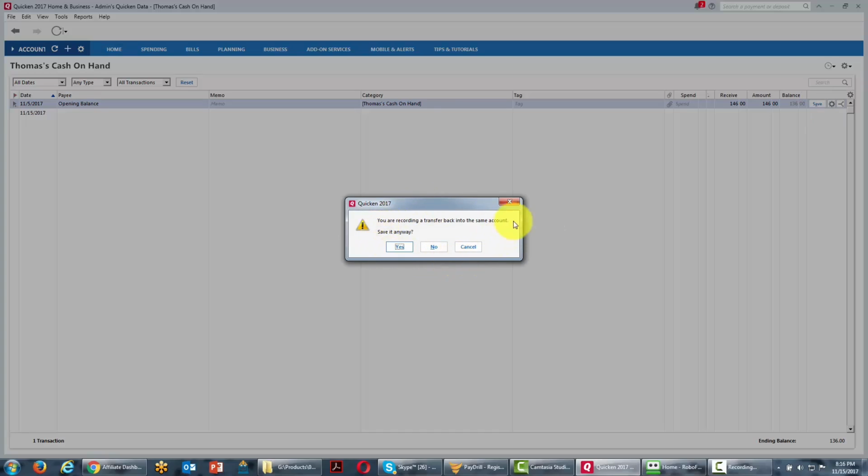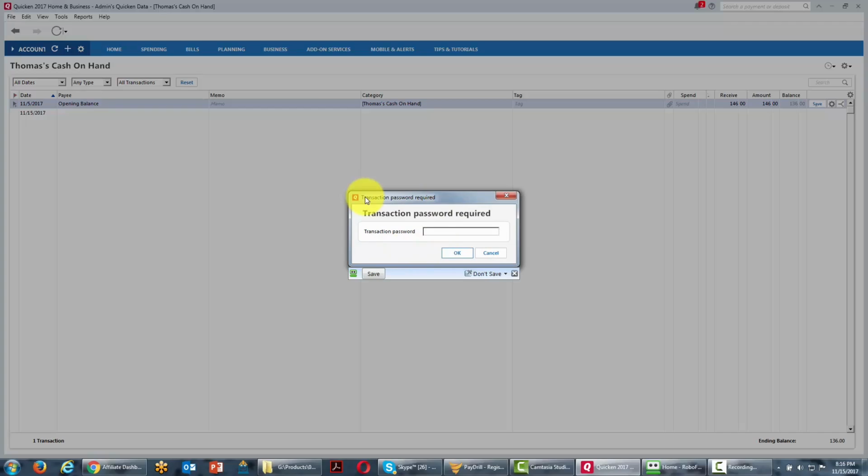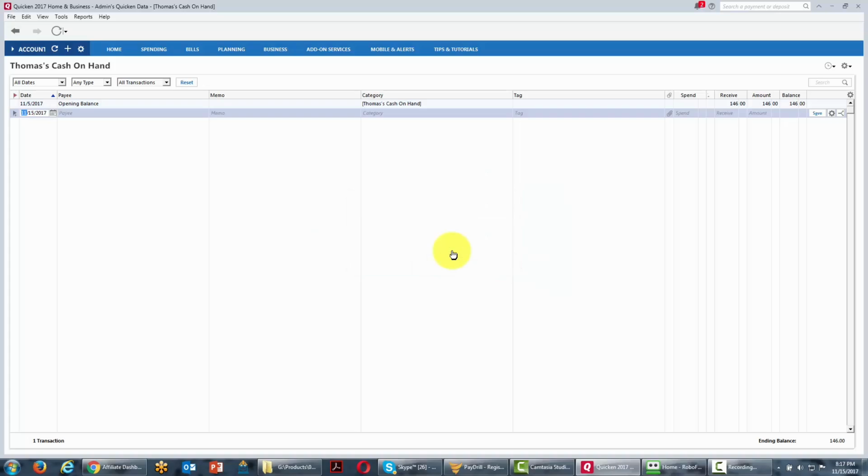And then Quicken is going to give us this warning message. We're going to click Yes. Again, because we are editing a transaction that has already occurred, we're going to be required to put that password in again, and we're going to click OK. And you'll notice now that we have changed our cash on hand to the day that we reflected. We know that we had